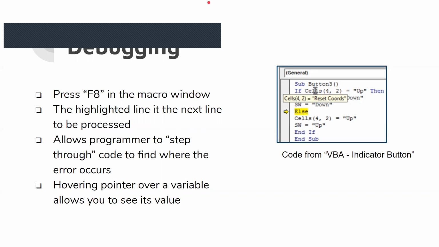So in the Excel VBA program, you can hit F8 and it'll highlight the lines like this, and that'll tell you how far the program has been processed. Usually it's called stepping through because you're taking it one step at a time. And the cool thing is, once you step past a line, if you hover over it, such as here,